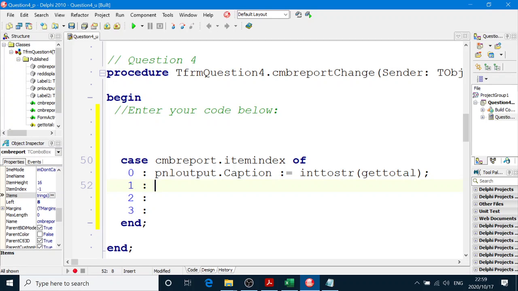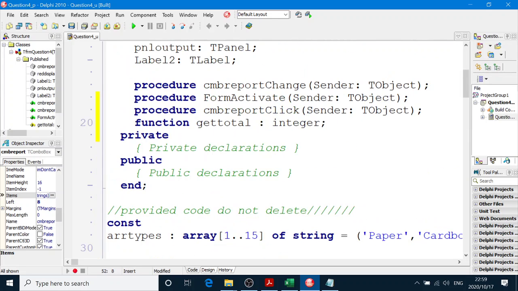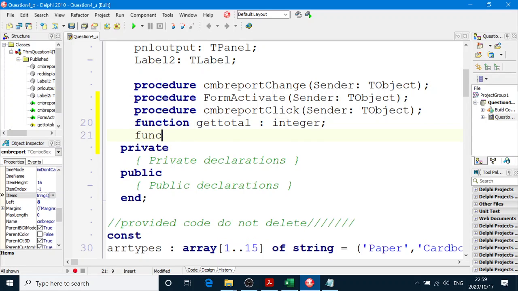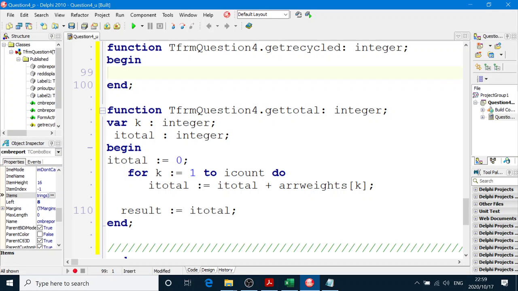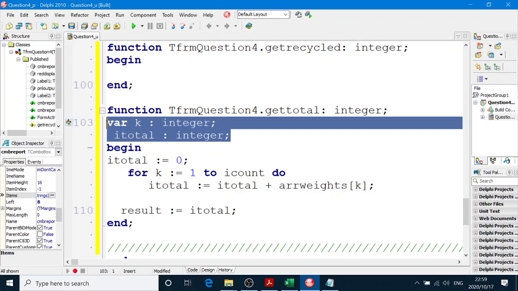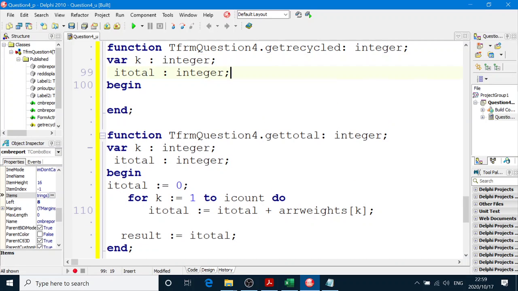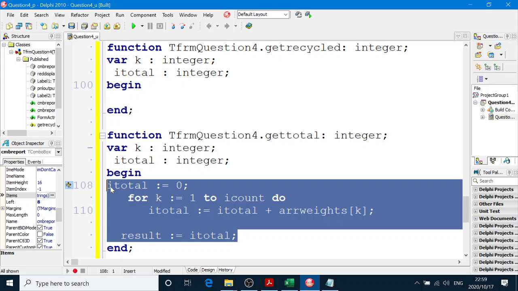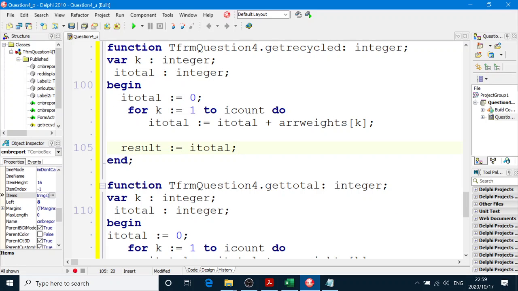Right, now the next one is the recycled weight only. Look, I can make another function for recycle, but I've made one function already, so I don't have to make another one. But anyway, we'll do it just for fun. Get recycled, integer. And we will use the same variables. Why not? Copy and paste. Makes your life easier. I know I'm going to go from one box right through to the end, but there's